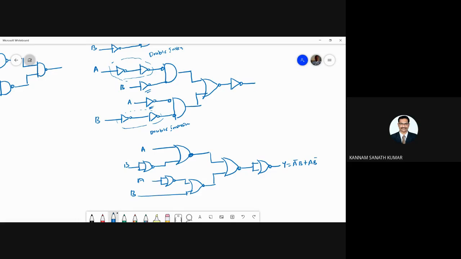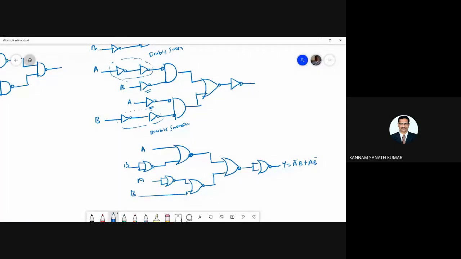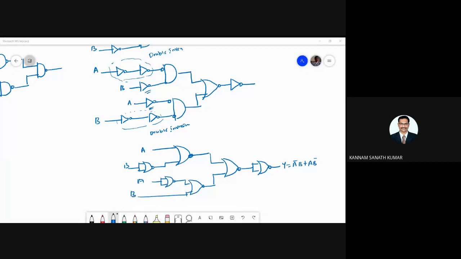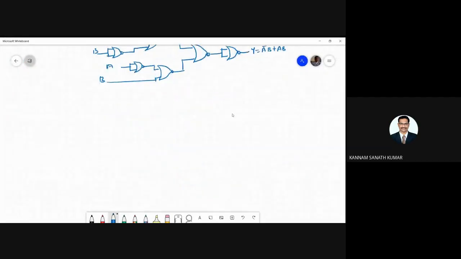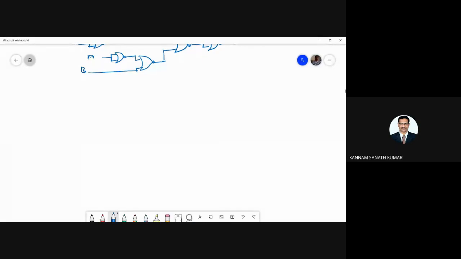Okay, so like this you have to realize this given function with either NAND logic or NOR logic. Okay, any doubts in this? Students? No, sir. Okay, so here next one, you have to realize this XOR function by using 3 gates. Okay, so next problem, this is one of the important problems you can expect in the final exam.